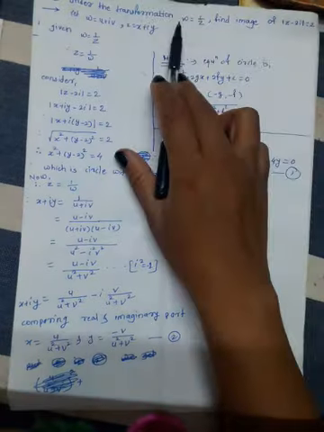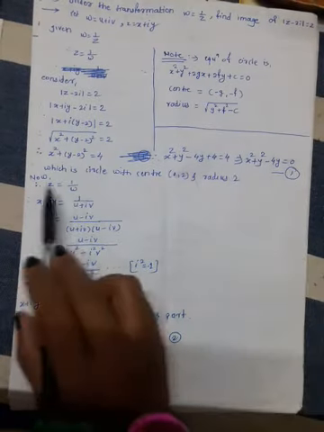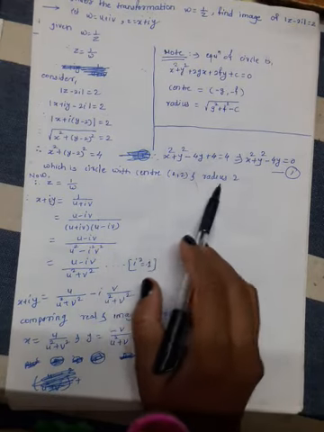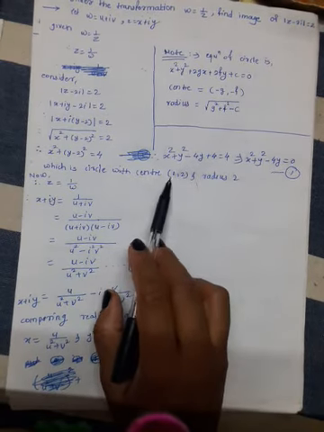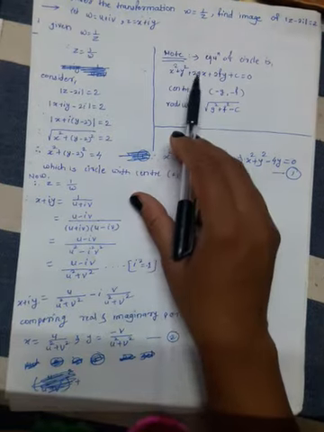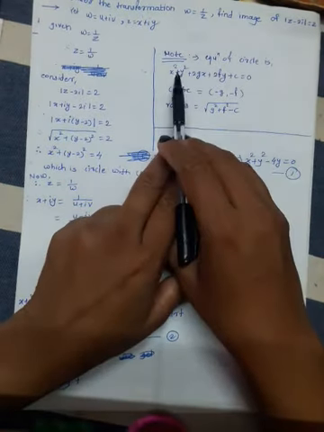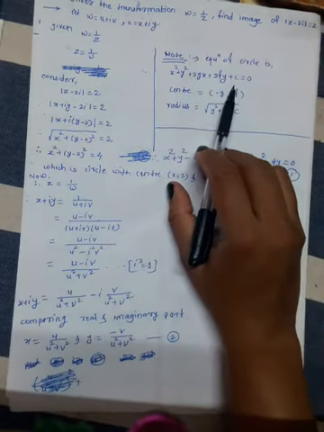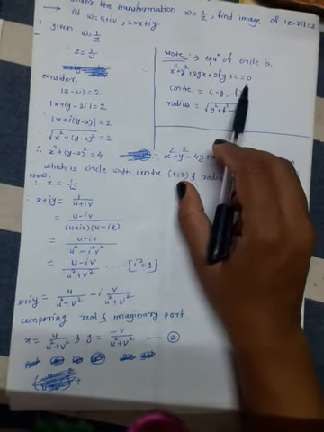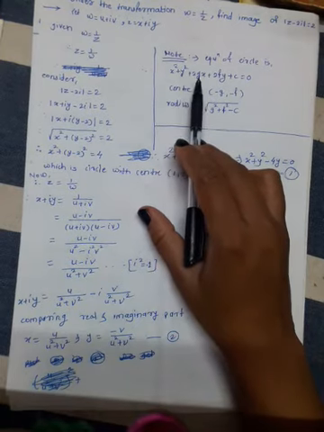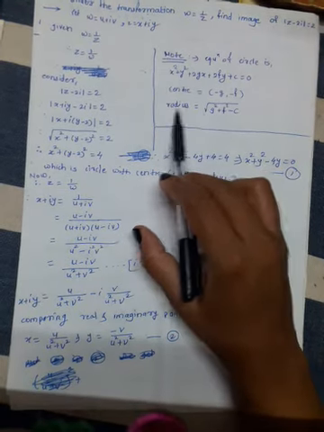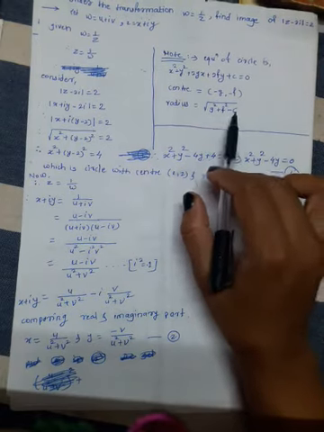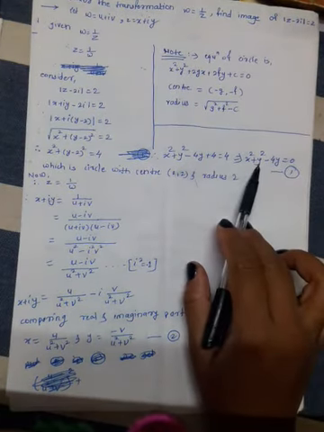Now we have to use this. Call this equation number 1. Obviously this is a circle with center (0, 2) and radius 2. For this, consider this note. We know the general equation of a circle is x square plus y square plus 2gx plus 2fy plus c is equal to 0. And what is the center? (minus g, minus f). And what is the radius? Under root g square plus f square minus c. Using this formula, comparing this,